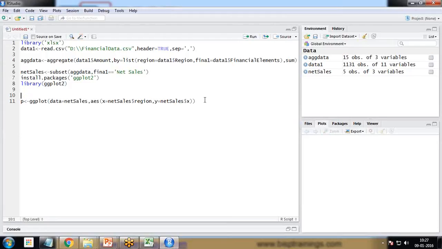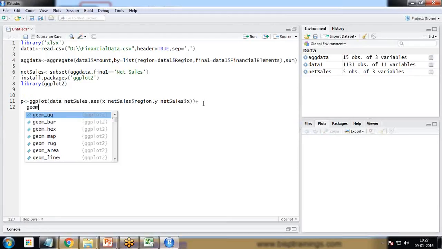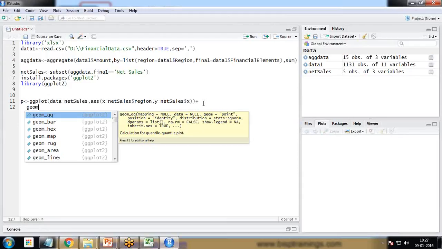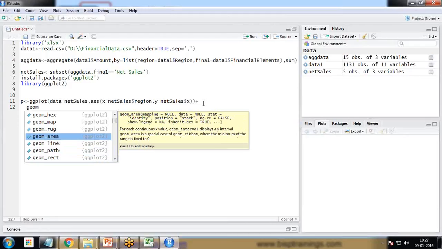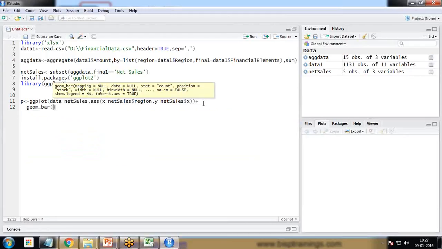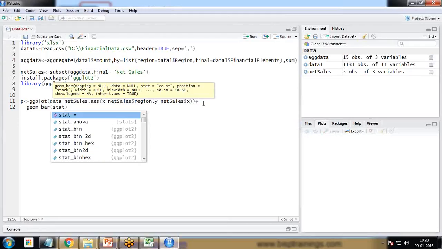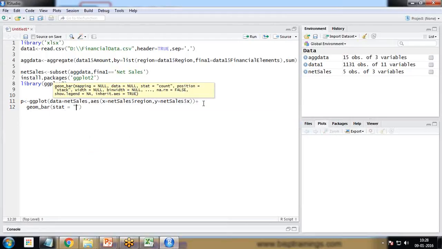Along with this, what format do we want? What kind of chart? I want to create a bar chart. So I create a plus sign and I write geom_bar. These kinds of charts we can create by using ggplot: bar, hexagonal map, area, line, path, rectangular. I want to go for a bar chart. So I create geom_bar, and stat is equal to identity,